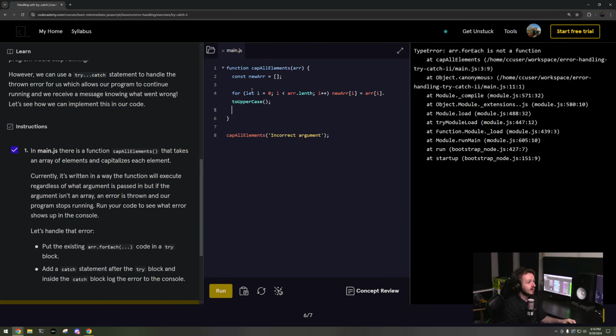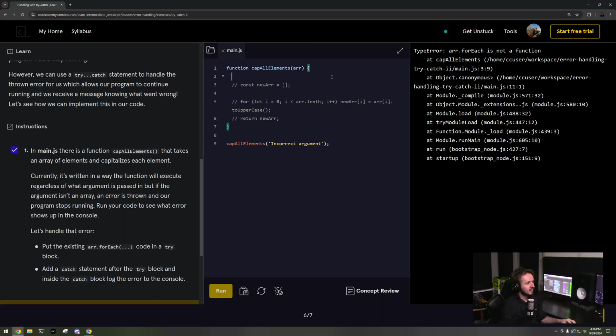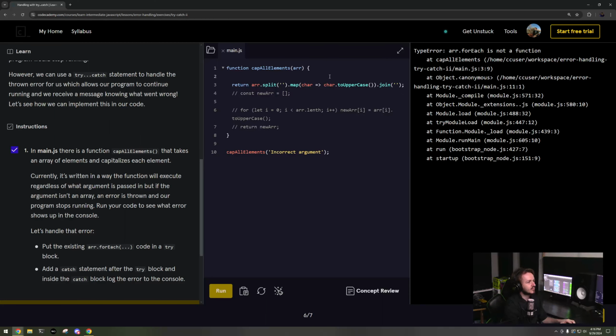Okay, and then I'm going to return newR. Or even better, I could do return r.split.map.join, and then, or I'll do char.toUpperCase(). Okay, and then